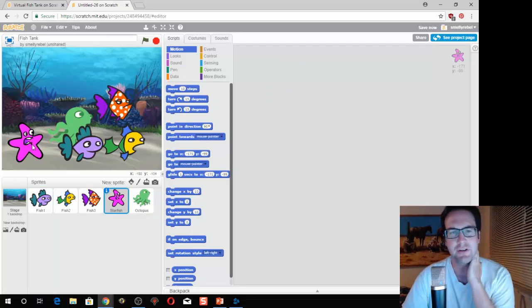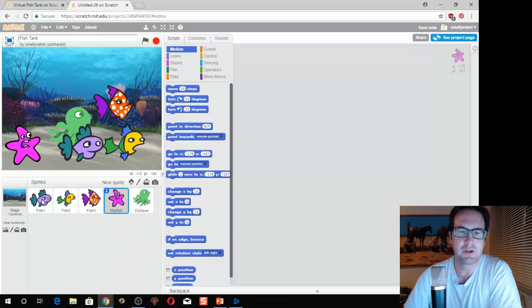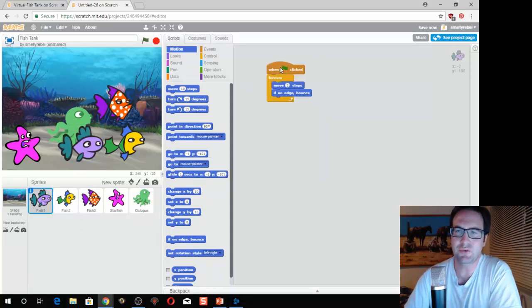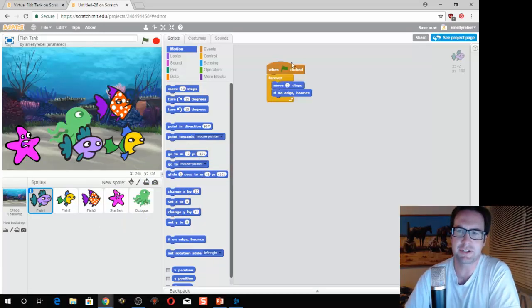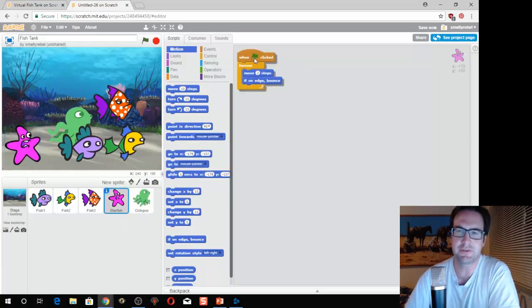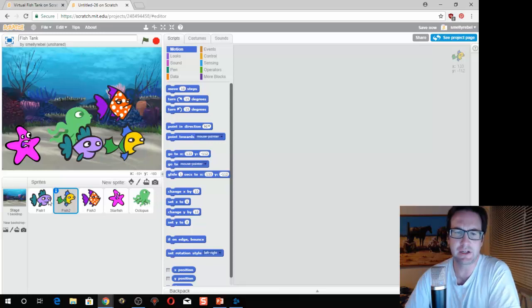So the starfish, I think, I like him just facing 90 degrees, sort of going along the bottom here. So what I'm going to do is just drag this block down here to the starfish. So now it's here in the fish, and it's also in the starfish. I think 2 steps is probably fine. And then I'm going to drag this into each of the other fish sprites